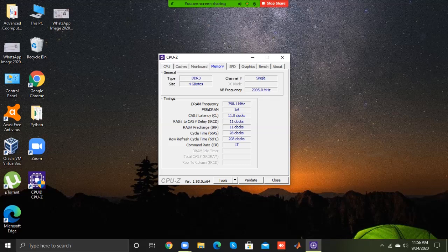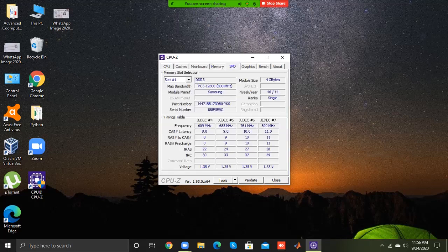Now the next tab is SPD. SPD tells about the information of the memory. Under the memory slot selection, if you click the drop-down menu, you get the list of each memory slot of the motherboard.